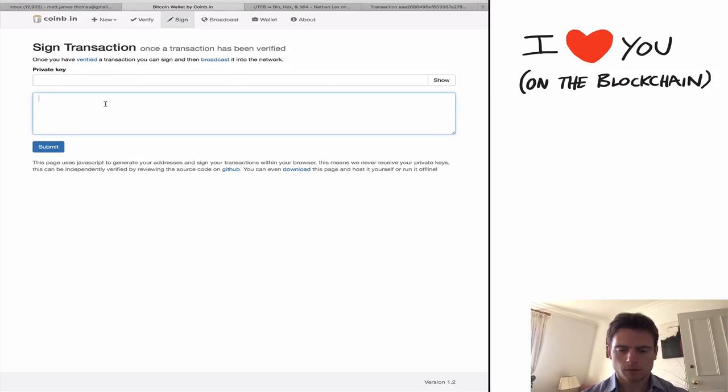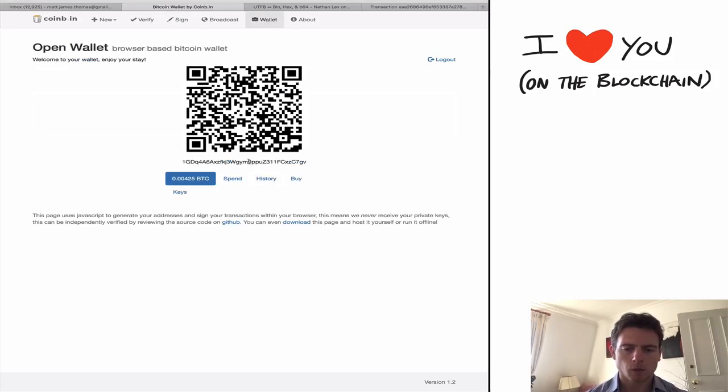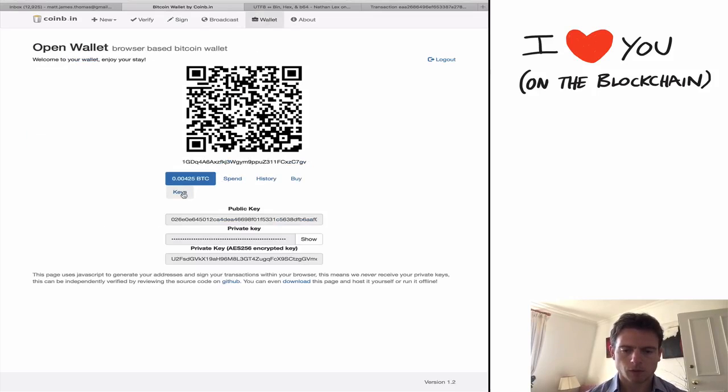So we go here, paste our transaction here, and then we need to enter the private key in this field. So where's the private key? Well, it's obviously in our wallet. This wallet contains the private key for the Bitcoin address that we're using. So I'm going to go to wallet, go to keys, and go to private key. And again,